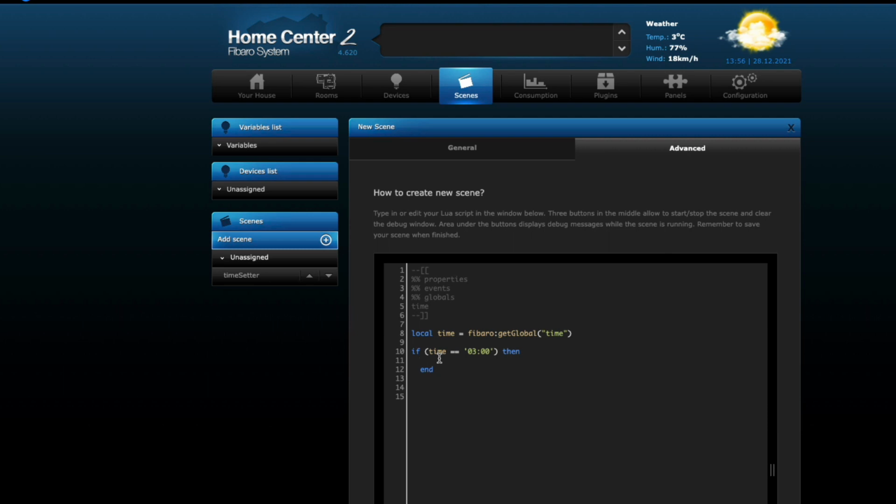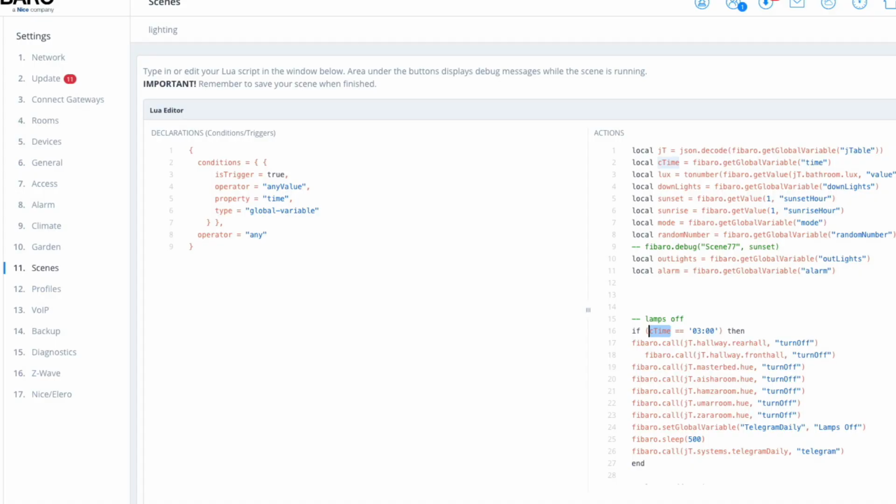Okay, so I will include the scene for the TimeSetter and then a secondary scene to show you this kind of format for the Home Center 2. And in the Home Center 3, you'll get these declarations, and then you'll have this as your line, and I'll also include an example like if ctime, but I'll change it to time equals 3 and then end. That's what will be in the files. Okay,